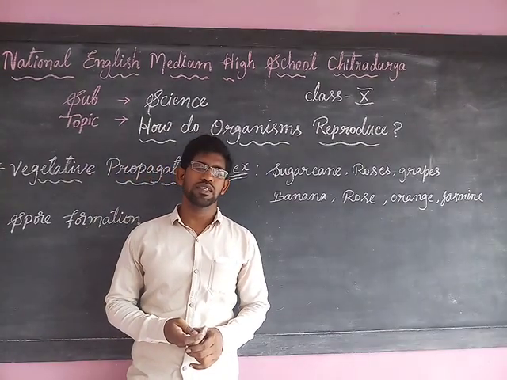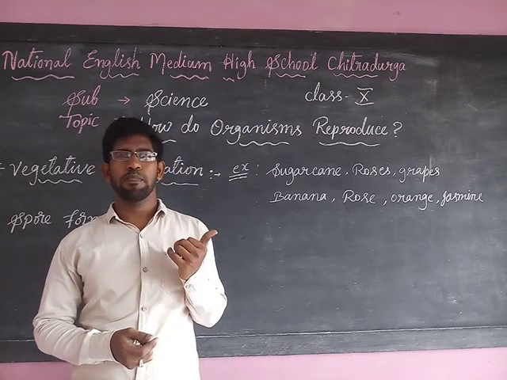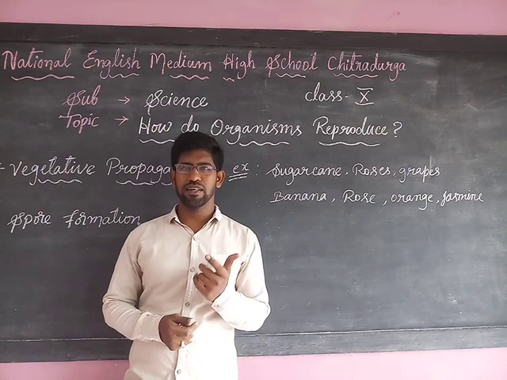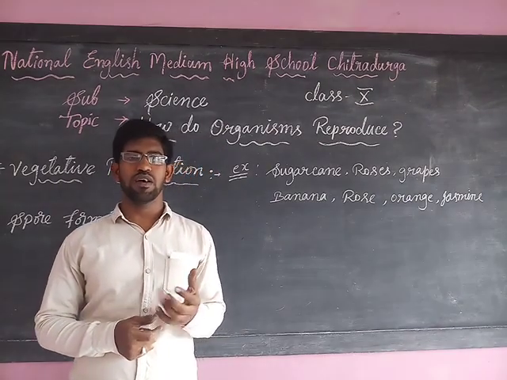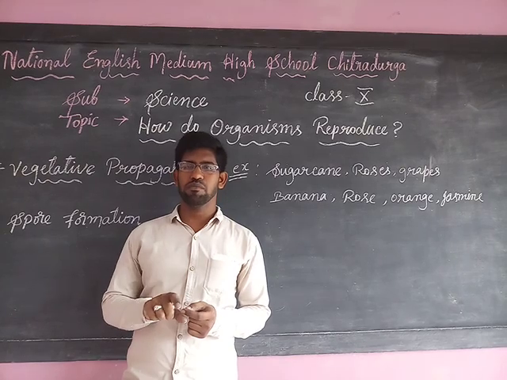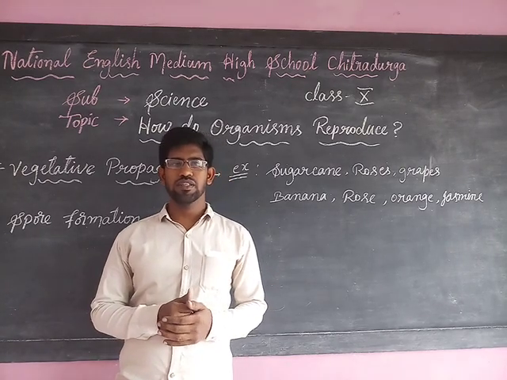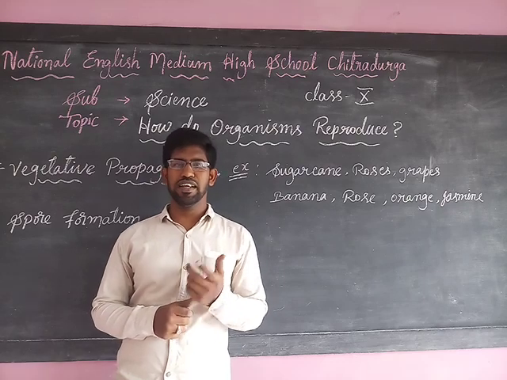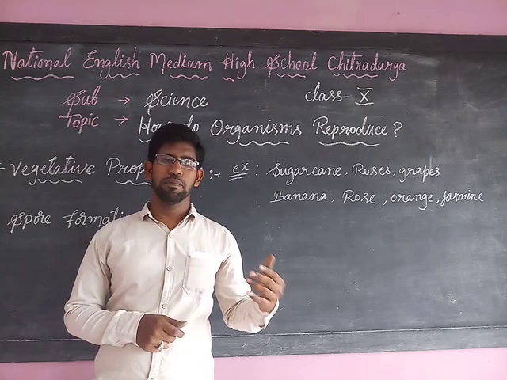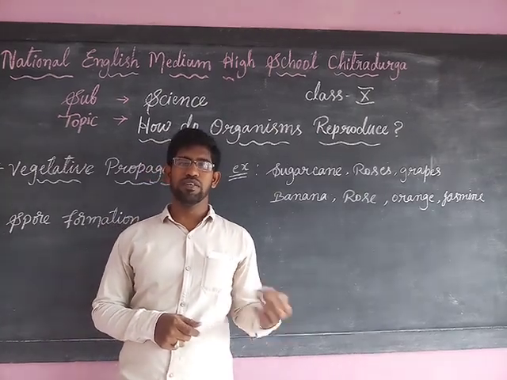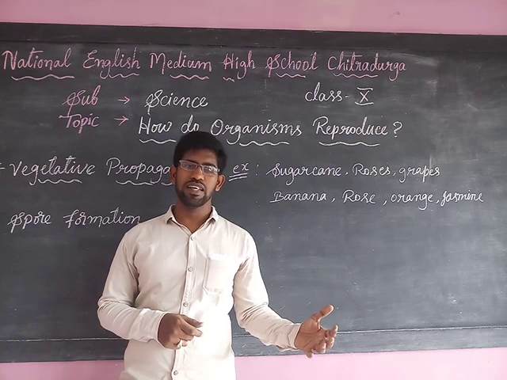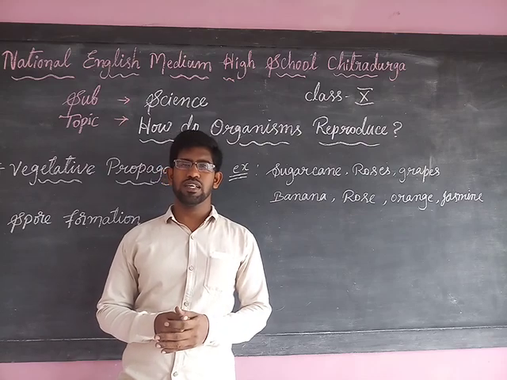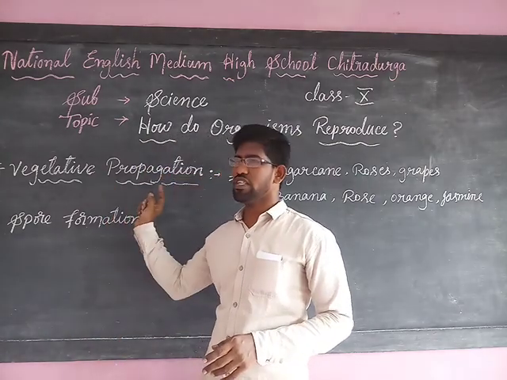Dear students, in the previous classes we studied budding, taking the example of hydra: how budding takes place in hydra, how the buds grow, and how the individual forms and separates from the parent. After that we also studied regeneration, how it takes place in planaria, how the body is cut into different pieces and how the pieces develop the remaining parts of the body and lead an individual life. Now we are going to study another type of reproduction, which is called vegetative